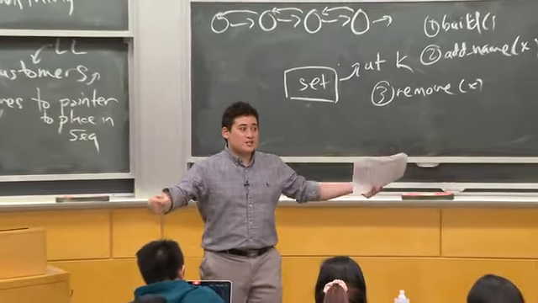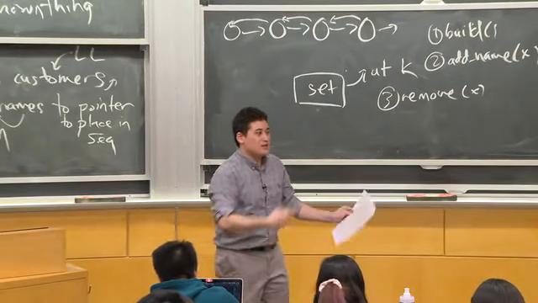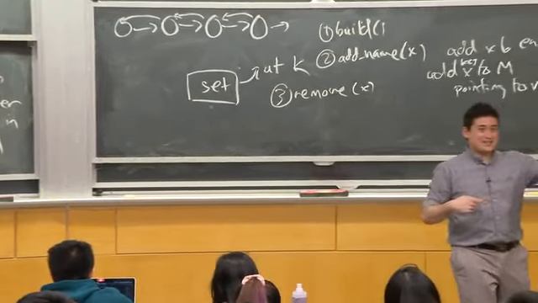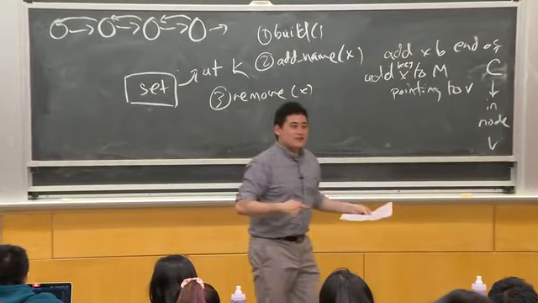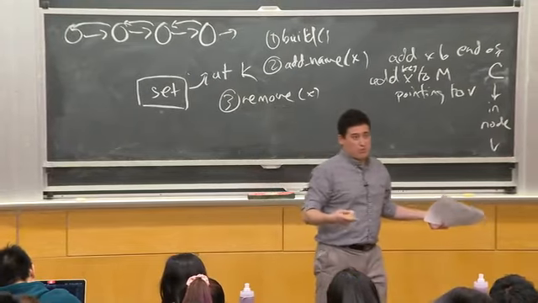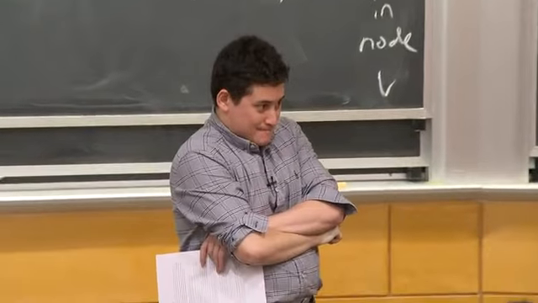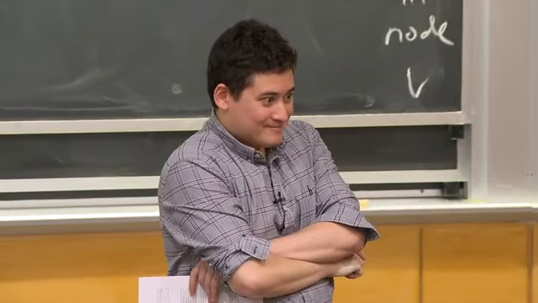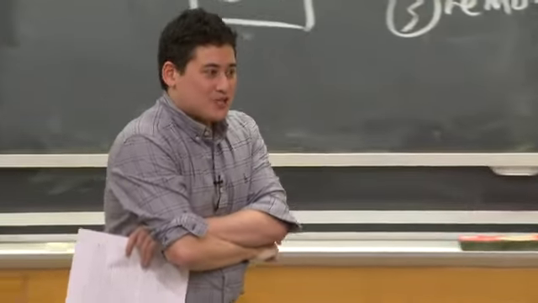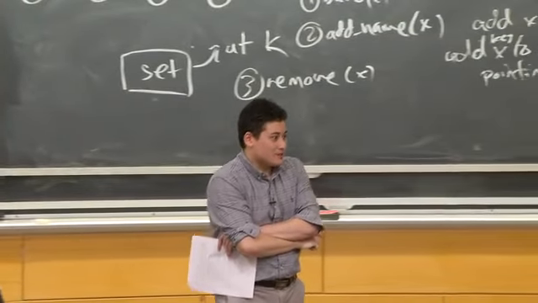Here we're using the fact that it's a doubly linked list so that we can relink things together. You don't have to tell me to repoint the previous pointer of my next thing, right? You don't have to tell me how to relink those pointers because we did that already in problem set 1 or whatever, right? Just in general, is there any situation where a singly linked list would be better than a doubly linked list? Because it seems like it always solves problems. Yeah, a doubly linked list is almost always strictly better than a singly linked list in theory problems. So yeah, use it.